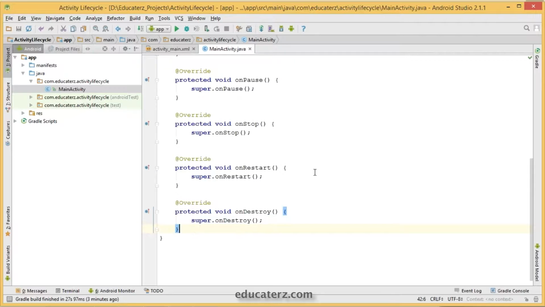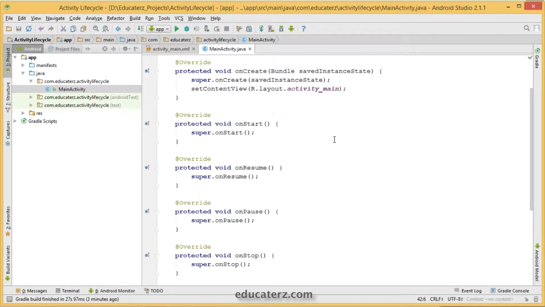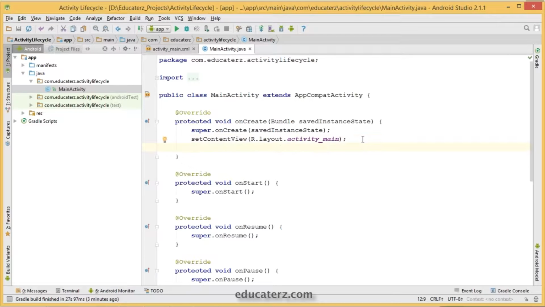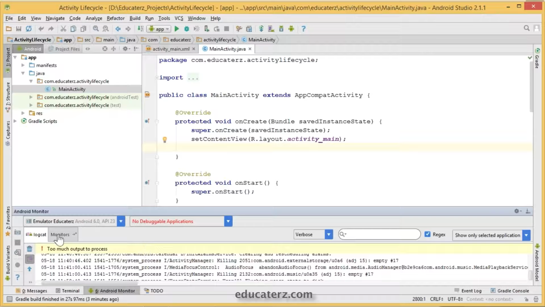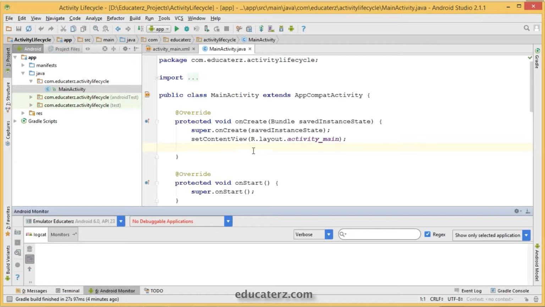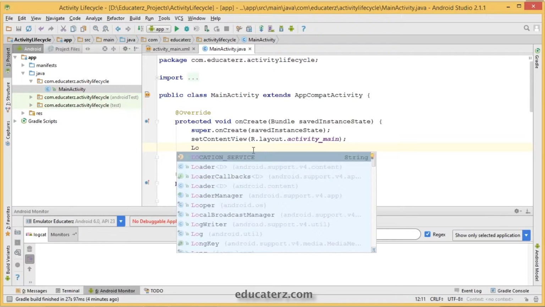All the methods have been implemented, but how can I check whether this particular method is being called or not? So to see the output of all of your logs, we use Log, which is in the util package. So Log API. So let's create a constant, or simply directly you can call your Log here, where we can see that at the Android Monitor, where you have ADB to show all of your logcat files. So when you run your application, either on a real device or maybe an emulator, you can see the status over here. Now just create a log for that.